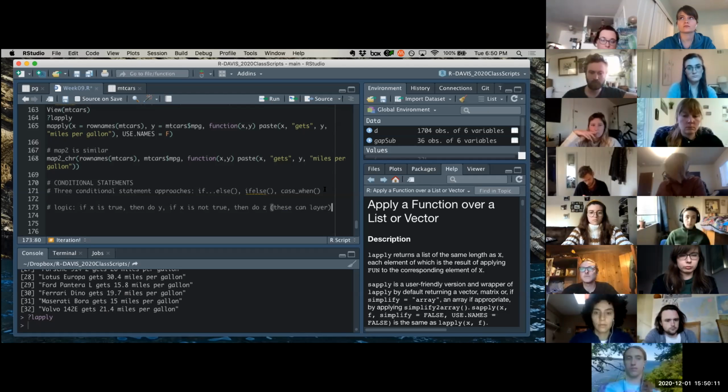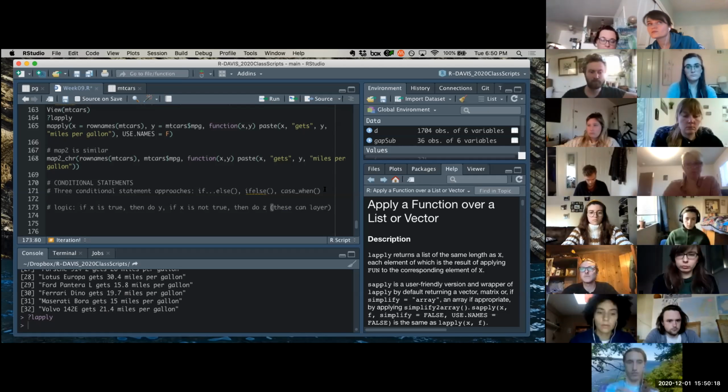It doesn't just have to be 3 arguments, but rather just 2 arguments. At the very basic level, it's: if this is true, then do that, and if it's not true, then do something else, or don't do that. So what this looks like in code form